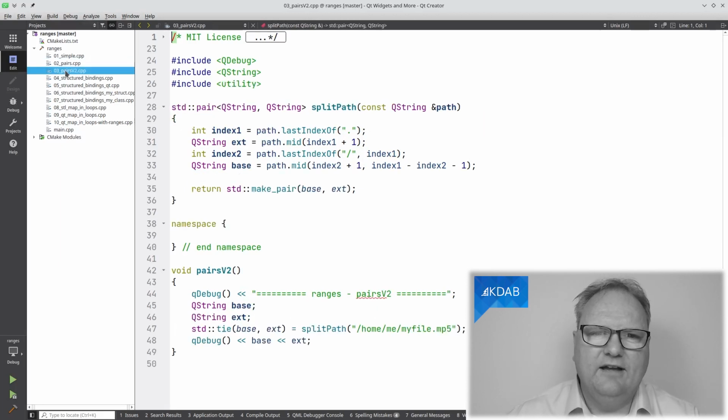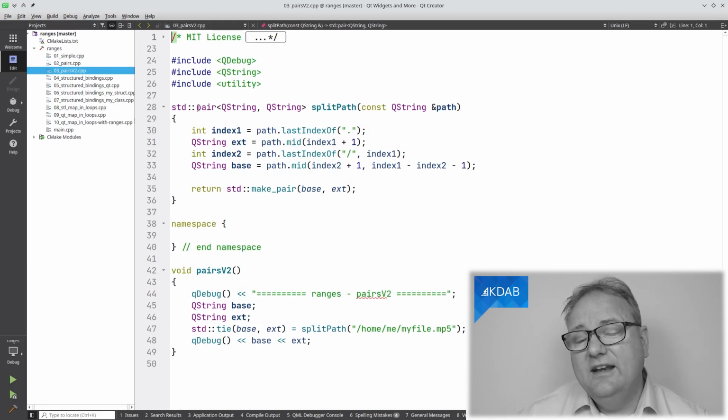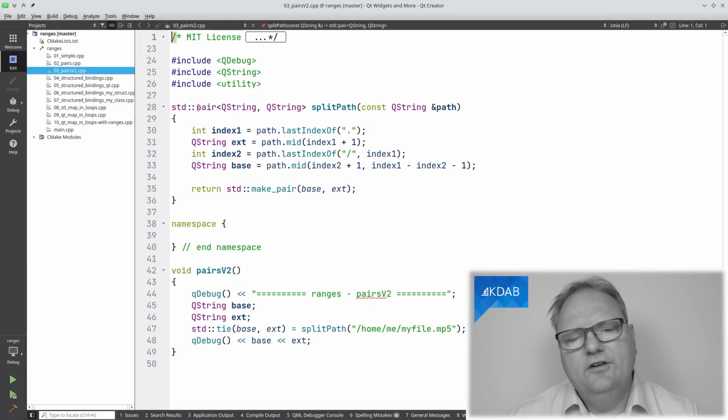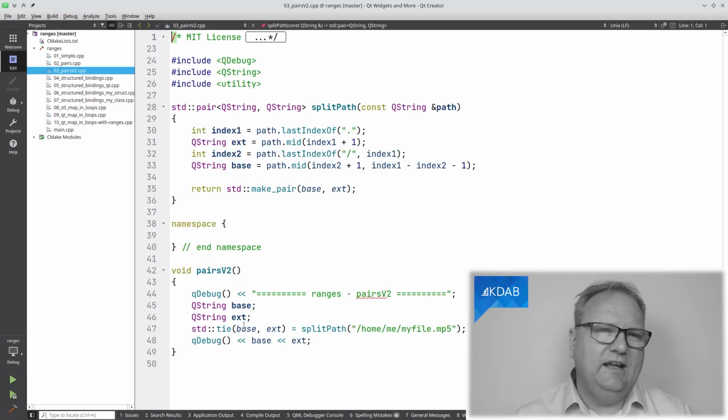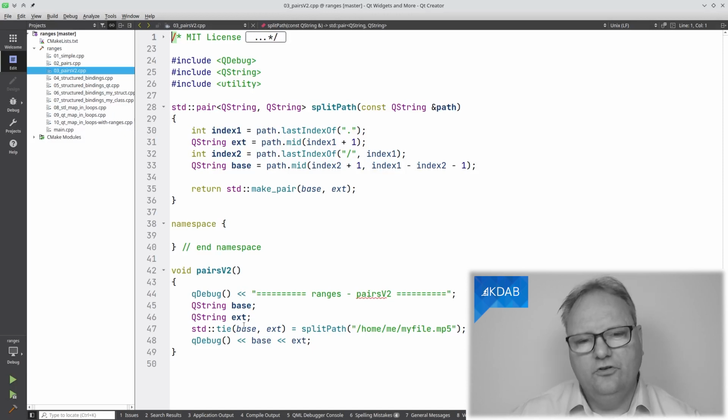We also have a version here that returns a std::pair, and in C++11, we already had the beauty of a new construct called std::tie. So my splitPath returned a std::pair, and over here I could unpack it right where I called the function: std::tie(base, extension).